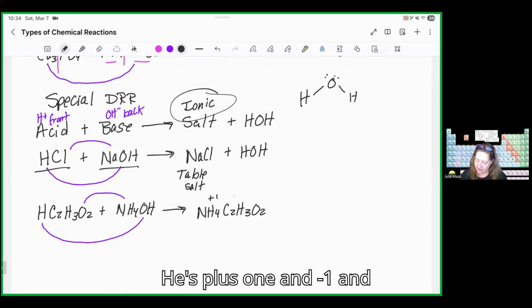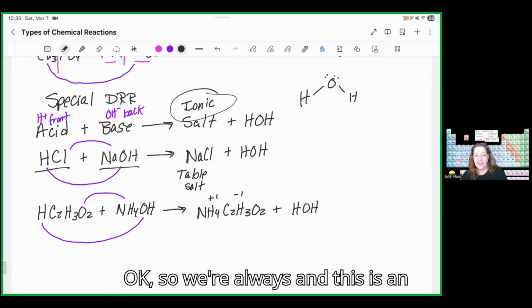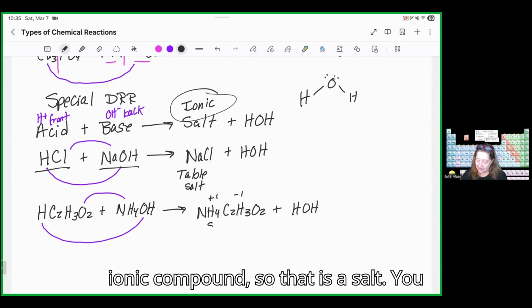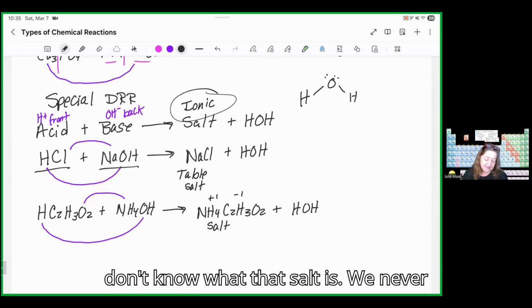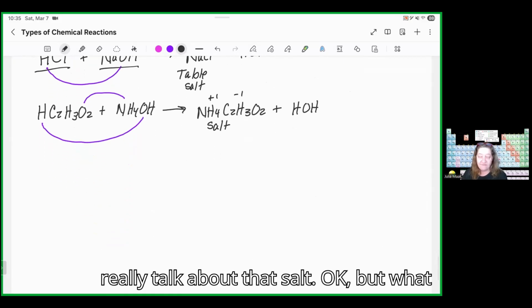He's +1 and -1. And my H hooks up with my OH. This is an ionic compound, so that is a salt. You don't know what that salt is. We never really talk about that salt. But what if I had